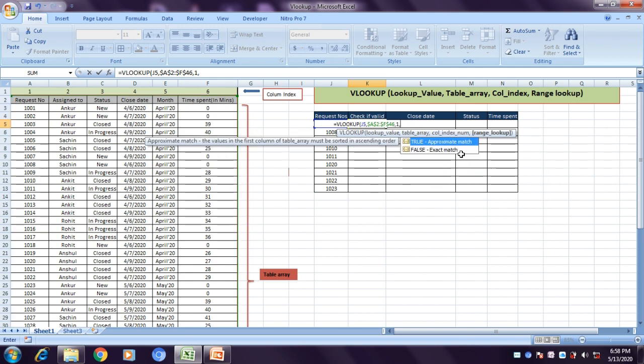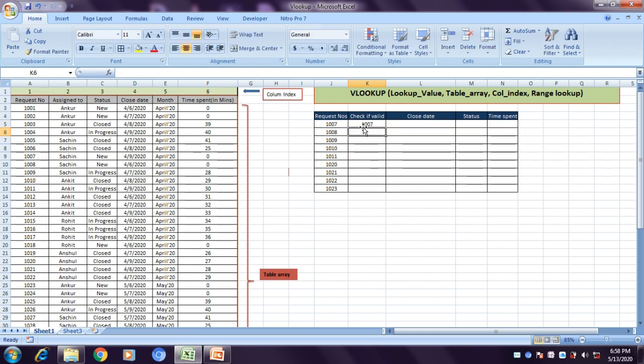Here, exact match. So yes, this request number exists in this data. So let me copy paste this formula, and all of these request numbers are in this table array.